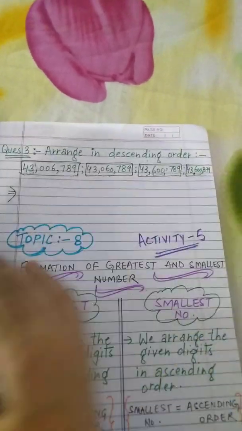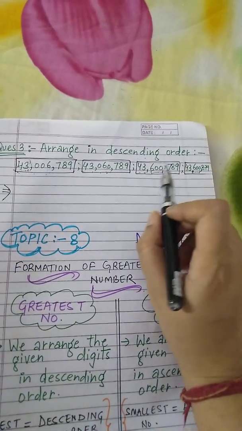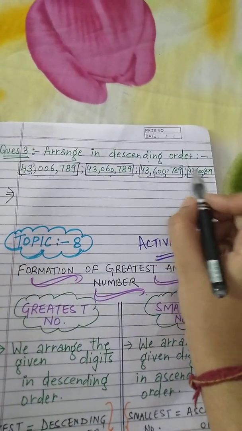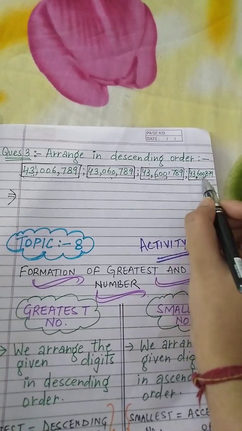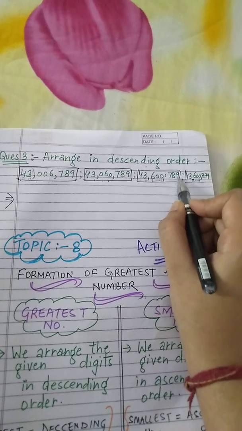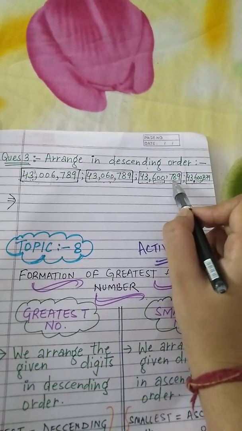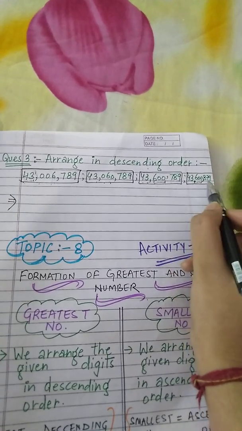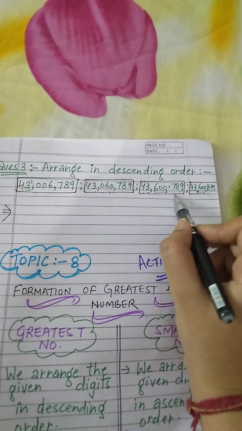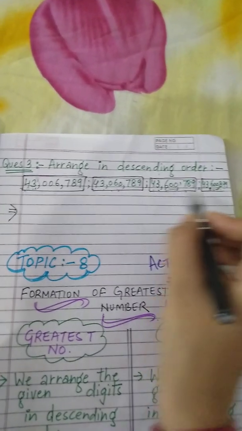So as we all know that 600 is the biggest of all the numbers, but here there are two numbers with this 600 at the thousands place. So we will move on to the next period, that is of ones. Here 789 is written, and here 879 is written. So the biggest of both these numbers is this one,